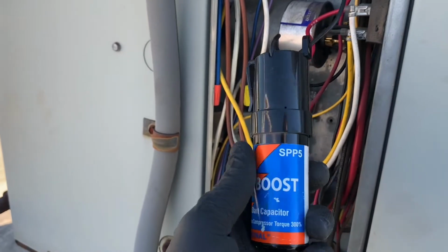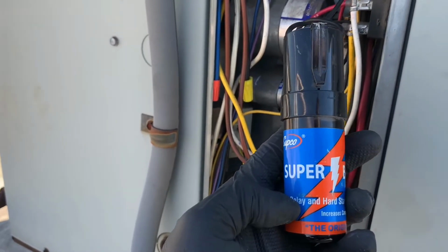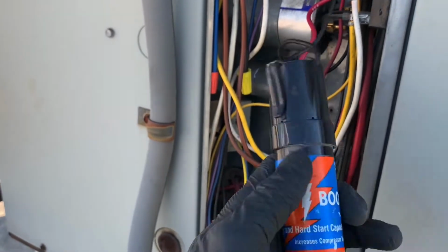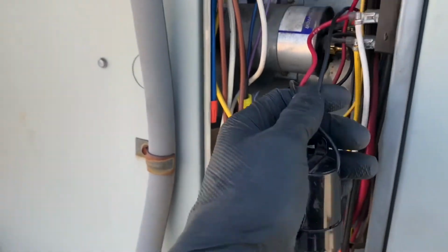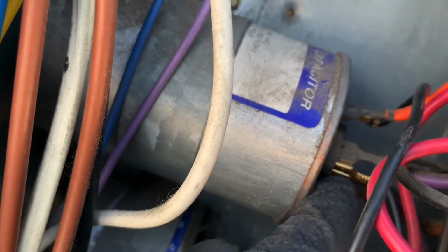See right here, it says boost, right? And it's exactly what it does. It says relay and start capacitor. This is a start capacitor with a relay kit up top here, and it's so beautiful that it comes with only 2 wires, right? And what you'll do, you'll just plug in one of the wires in the